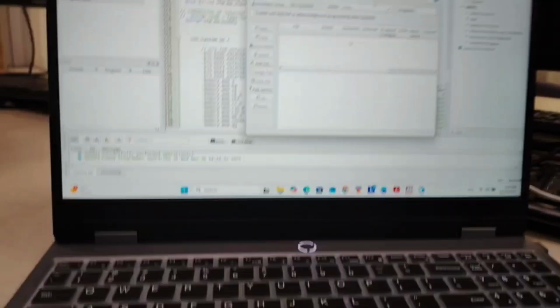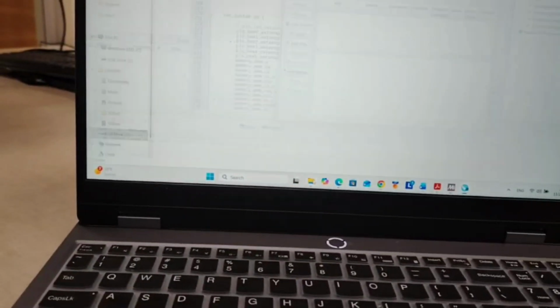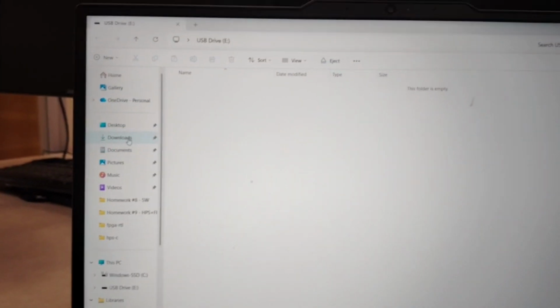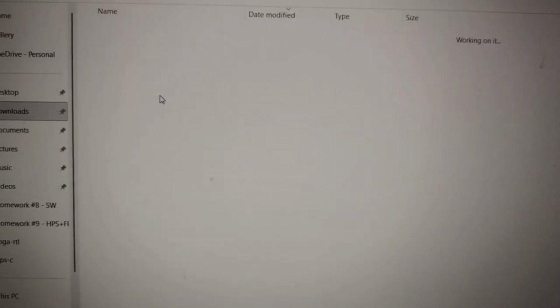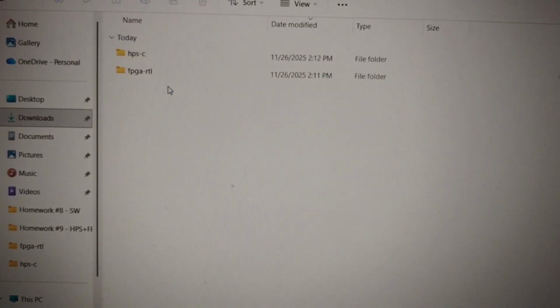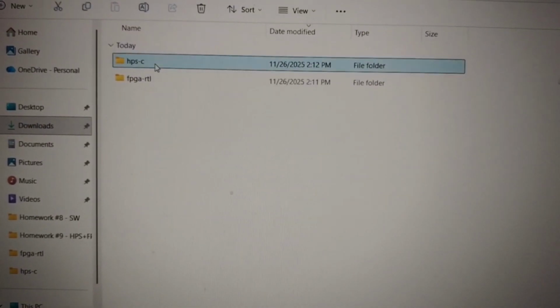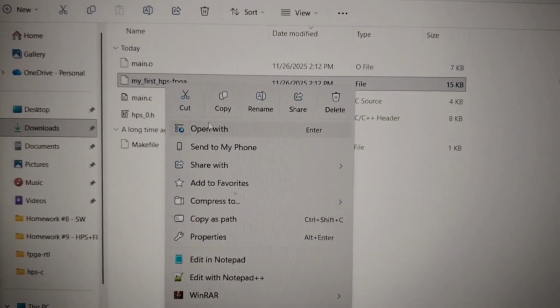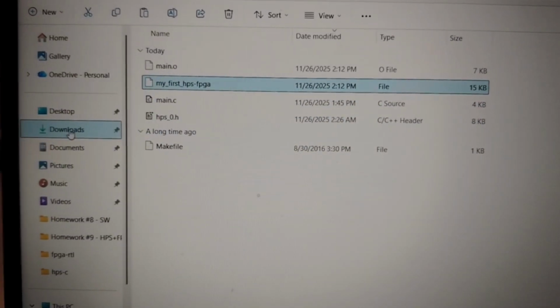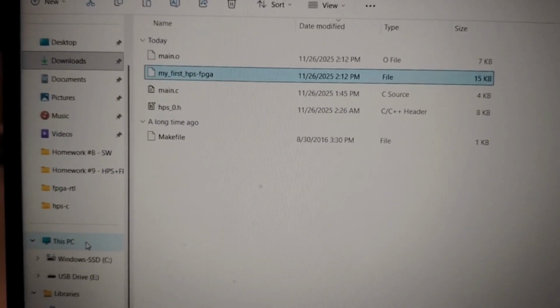What I'm going to do right now is take the binary code. I'll go to download where I have the file, and it's inside my first FPGA base part 2 HPS, and this is the binary file that I need. I'm going to copy it